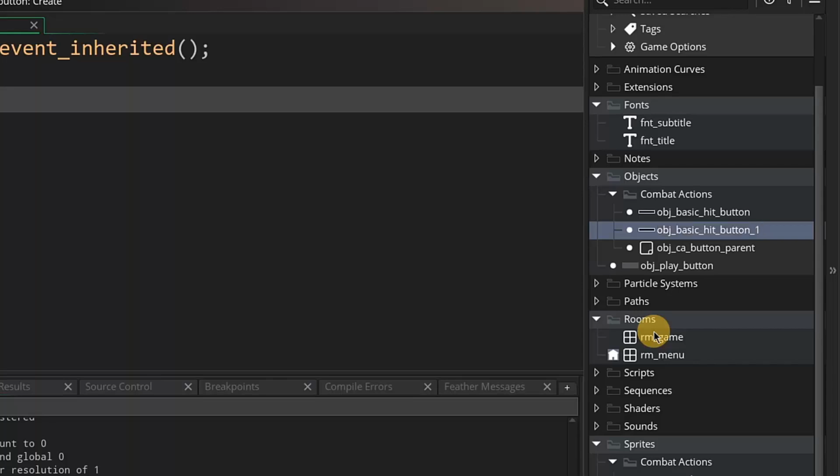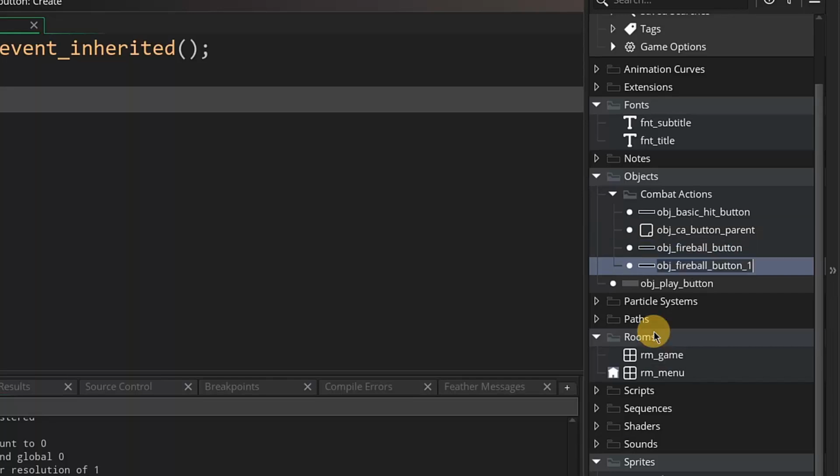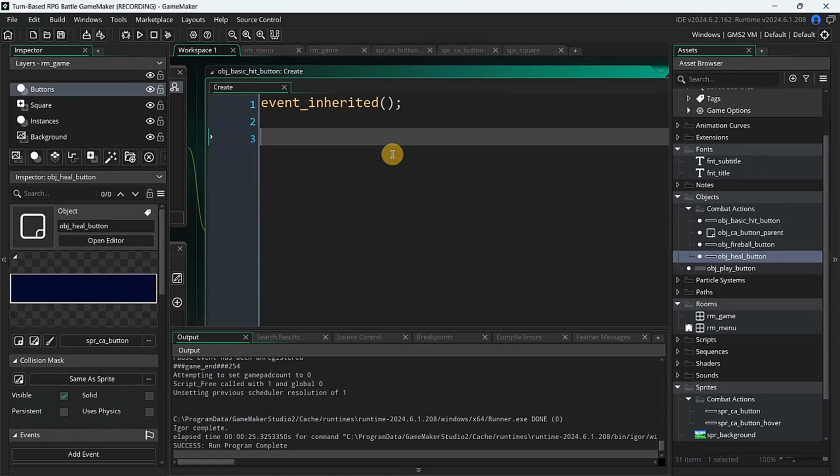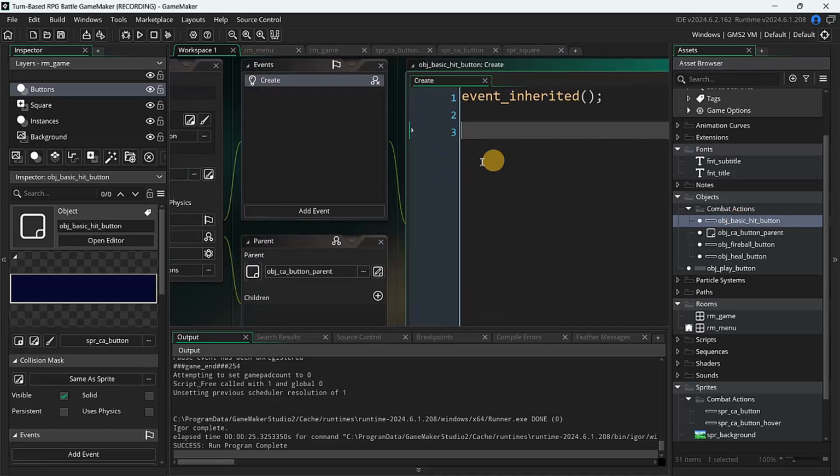And the next one I'm going to call it obj fireball button. Okay, I will duplicate this object again, and I will call it heal button. Okay, so now let's actually modify their variables. So in the basic hit button,